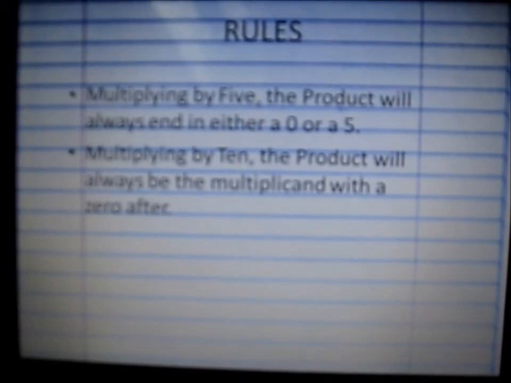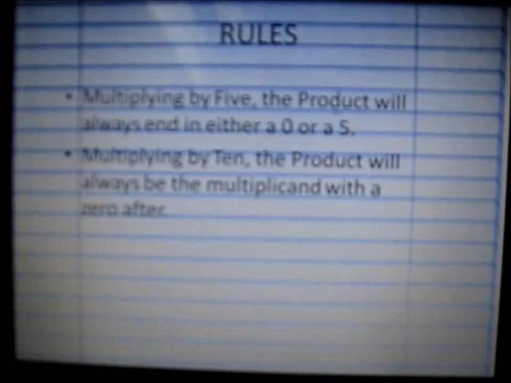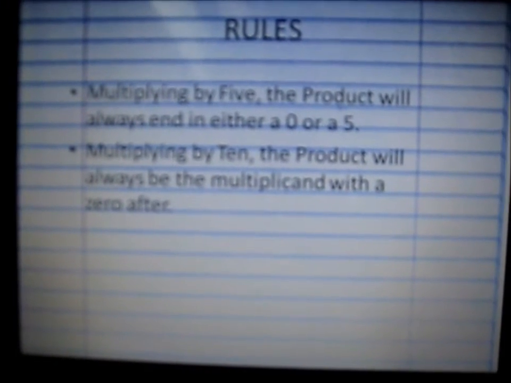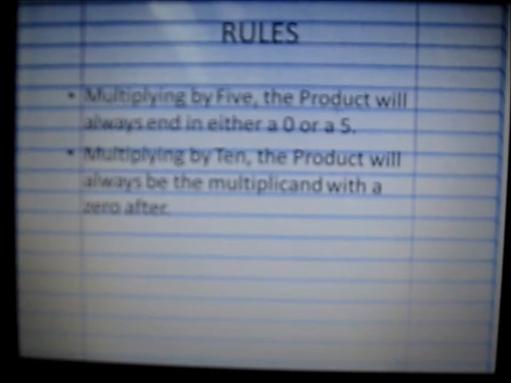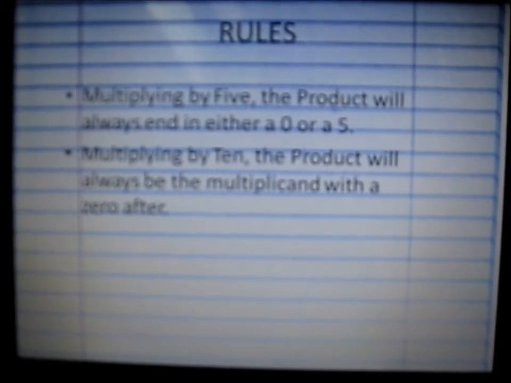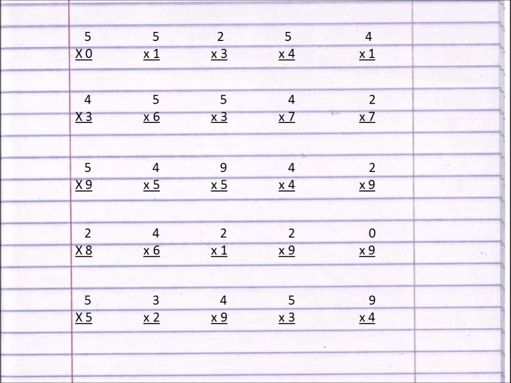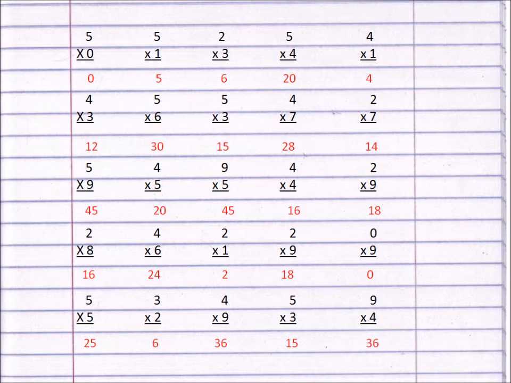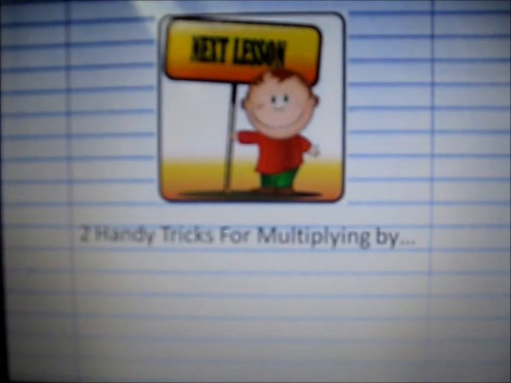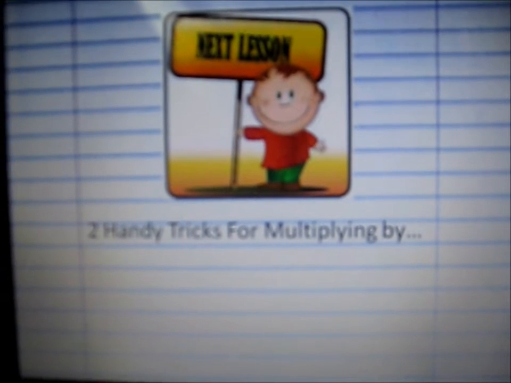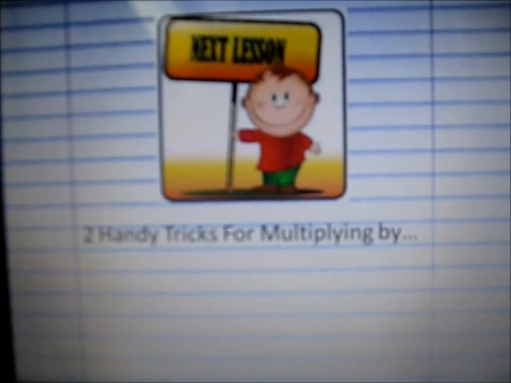Here comes the quiz. Get ready. And as always, there's a link for the quiz on my Google Plus page, and you can pause the screen. Ready? Here come the answers. Pause the screen so you can check your answers. In the next lesson are 2 handy tricks for multiplying by